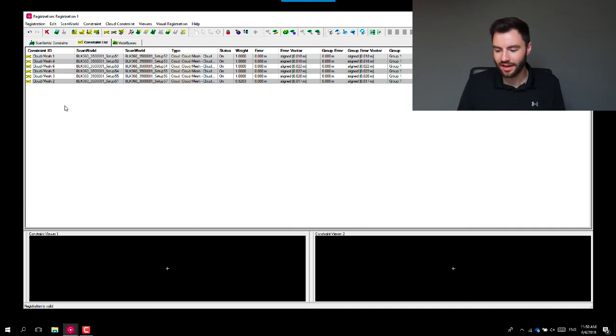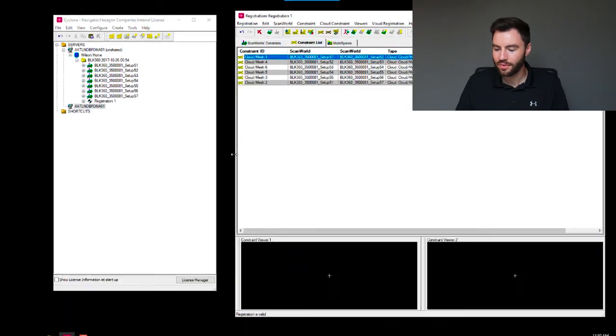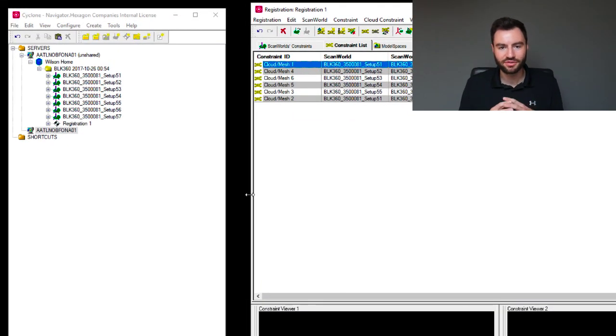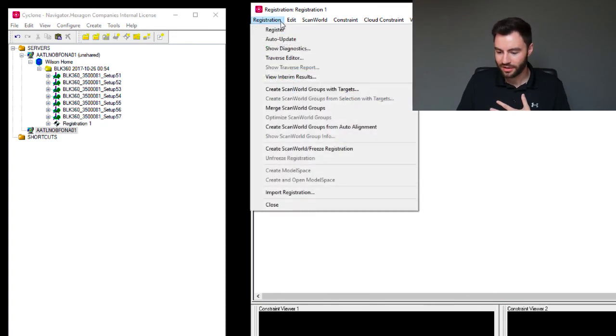At this point, you can still edit this. You can change the way these things are constrained. You can change the weight of each constraint. So we want to actually freeze this registration so that you can't change the cloud anymore. So you can see over here in the tree, this is still a registration, but what we're going to do is we're going to